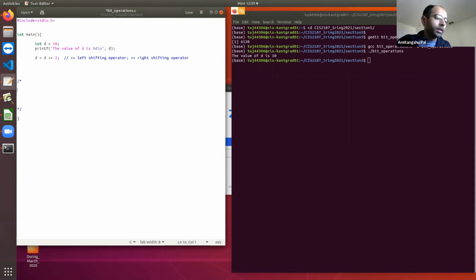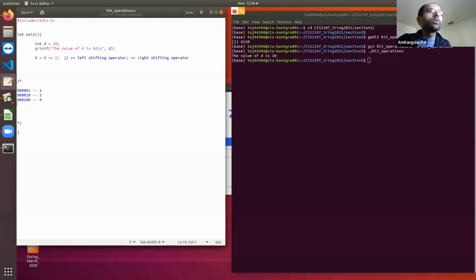So let's take the example of 0 0 0 0 0 0 0 1. Suppose this is the binary representation of a number, so what is the value of this binary number? It is 1, right? Now if I move this 1 bit to the left, then what will be the number? 0 0 0 0 1 0, right? So what is the value of 0 0 0 0 1 0? It is 2, right? Again, if I move it 1 bit to the left, it is 0 0 0 1 0 0, right? So what is the value? It is going to be 4.